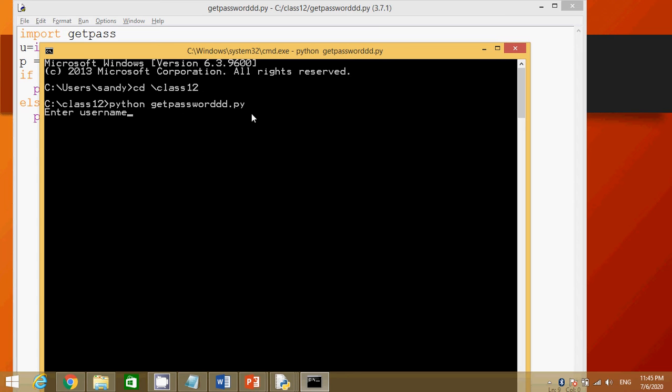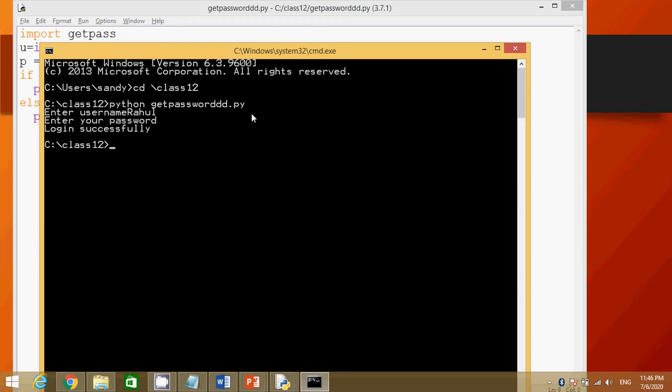Enter username Rahul. Enter your password. Now I am going to type the correct password, r123@. Now the password has been typed. I am going to press enter. You can see login successfully. I entered the password but it was not echoed here.